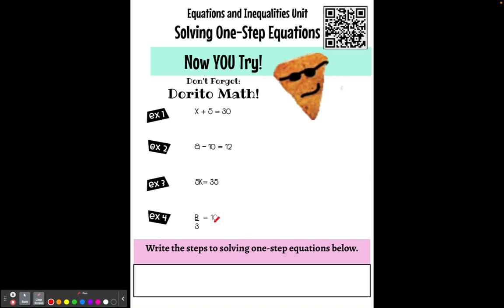Okay. If you just give me the answer, you will not pass this unit. You will have to start over again because my purpose is to train you in the actual steps that you need to follow in order to solve algebraic equations and expressions. So again, you have to show the Dorito math. I just call it that, but it's basically showing your work in order to pass this unit. We always end up having stubborn kids every year, and I'm just promising you that you will have to